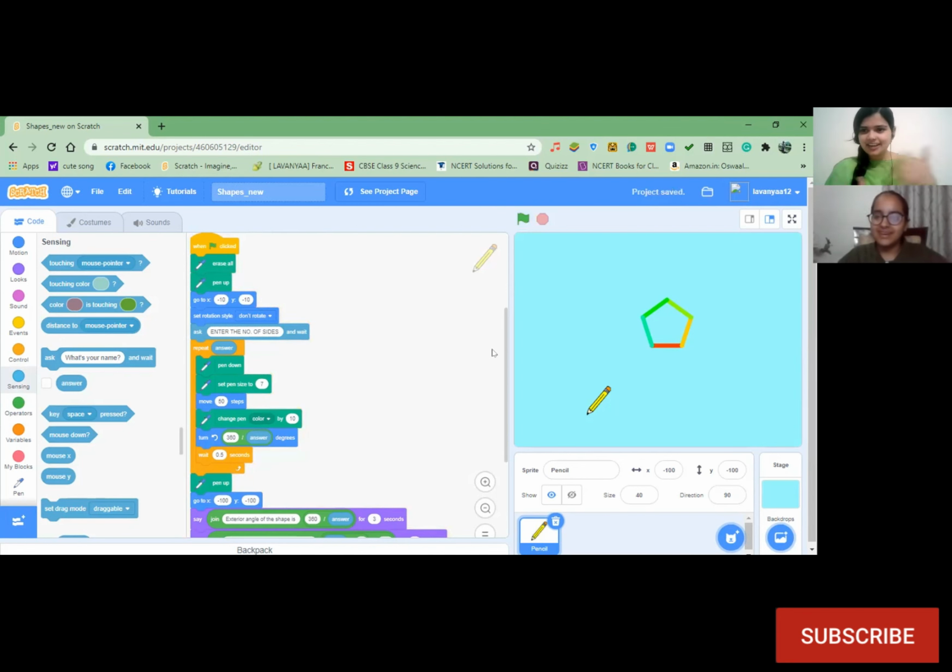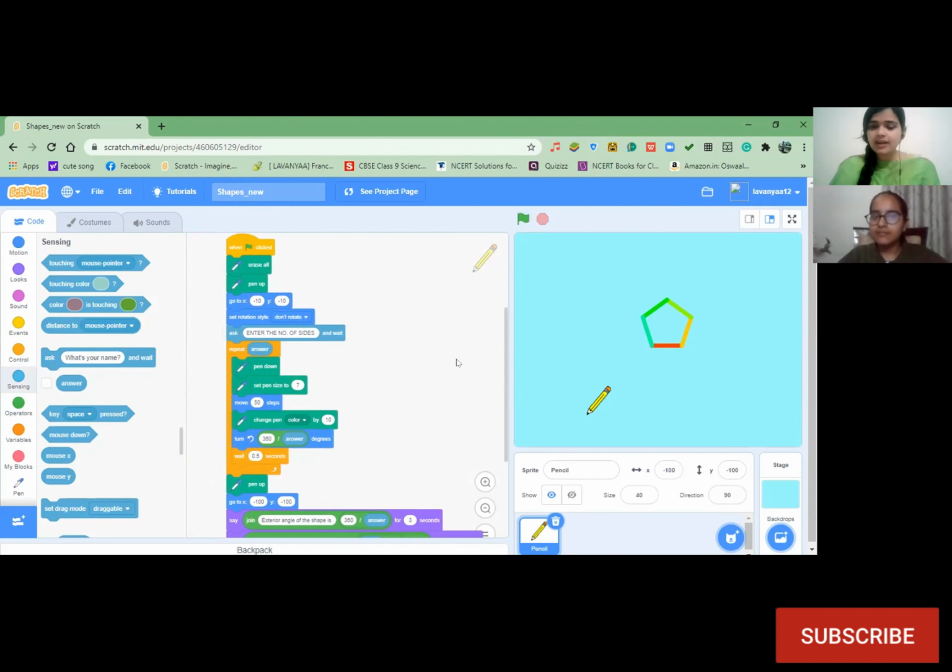You can just get the angle of any shape. Yes? Okay, so cool. And you know, Lavanya, you can do so many updates in this project. I mean, you can make a quiz out of it or something. Plus, you can incorporate some AI thing also. Like maybe we can explore this idea of artificial intelligence, where we can simply speak the number of sides and it should guess something, okay, and it should draw. So many things can be done with the help of coding if we know the mathematical concepts, right?